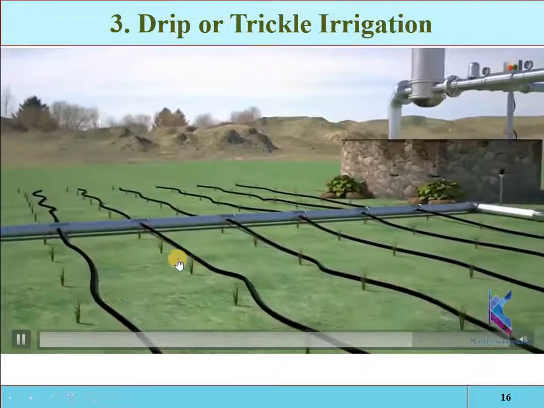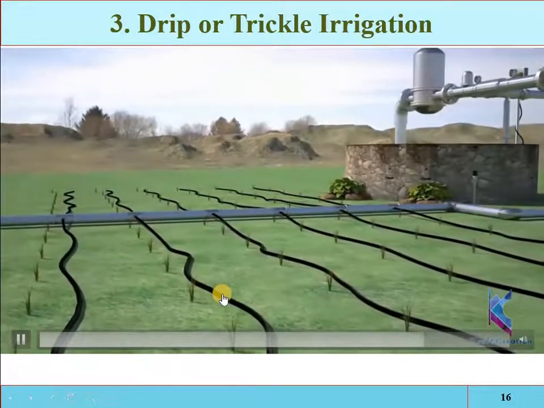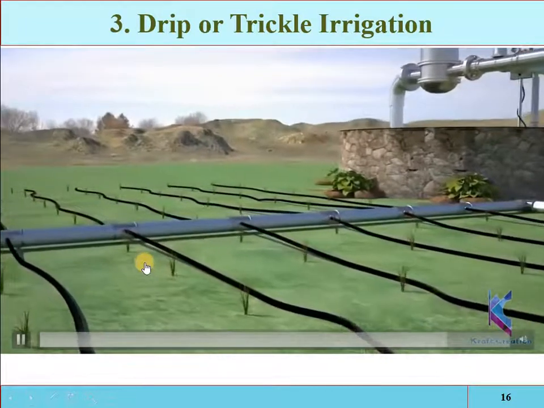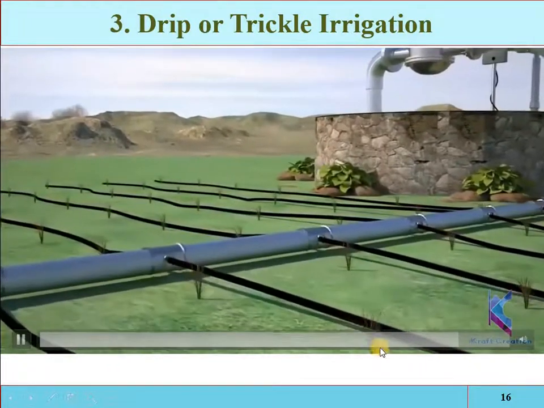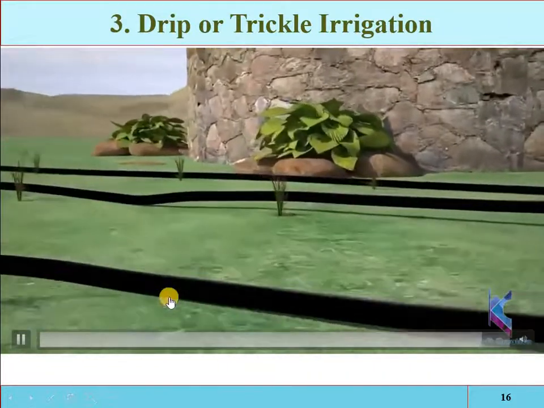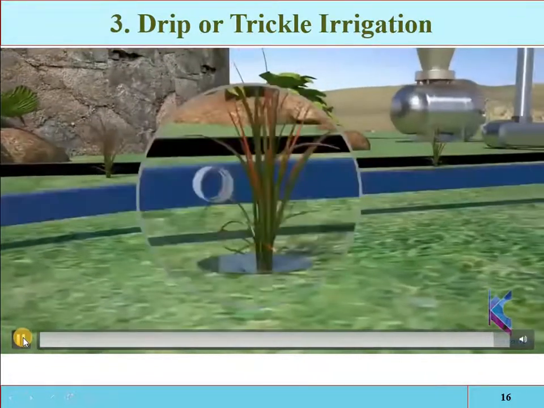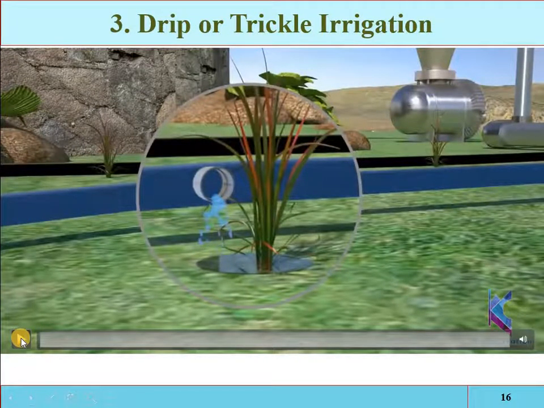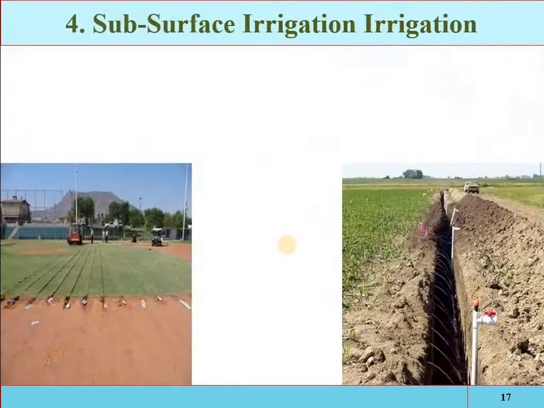But there are some disadvantages of the system: agricultural machinery will be difficult to operate in the system, and for different crops, different spacing will be required between two crops. So for each and every type of crop, you will have to change the design, because for each crop different spacing will be required. Then these pipes, these laterals, these trickle lines will be changed, or moved from one position into another position.